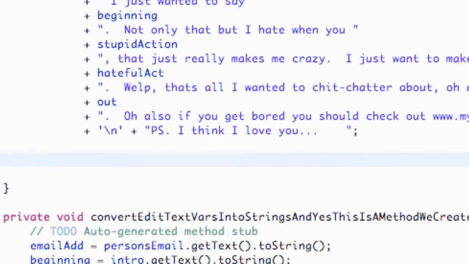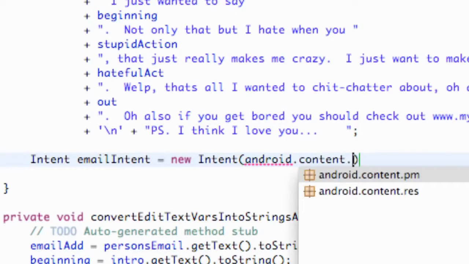And so what we're going to do first is set up an intent, just like we set up all other types of intents for the most part. So we're going to say Intent, and we're going to call this emailIntent, something like that, and hit enter. And then again we have to import the intent and say new Intent, just like always. And this time what we're going to put in the parameters is we're going to reference something from the Android SDK, and it's going to be called android.content.Intent